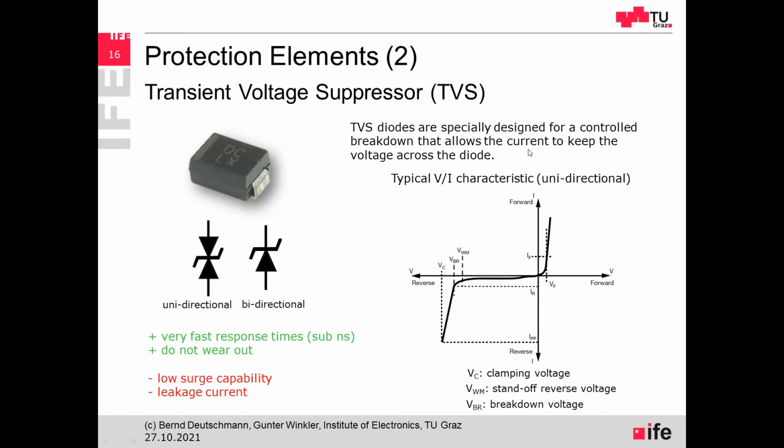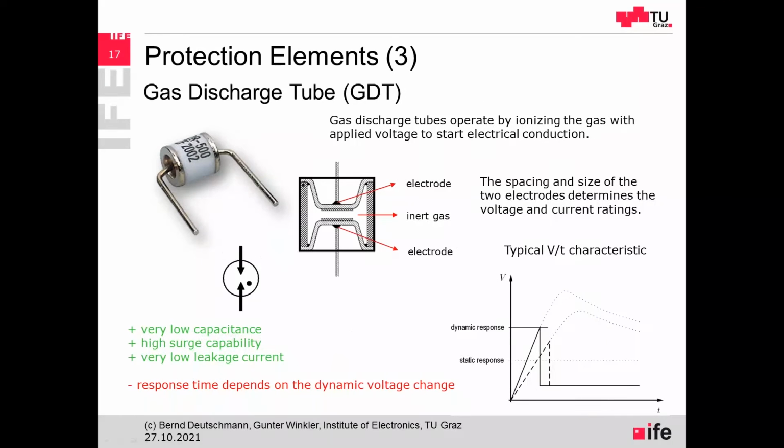But they are very often used to protect electronic systems or integrated circuits. So the next one that I've already mentioned is the gas discharge tube. Usually there are two electrodes separated, and in between there is a vacuumed inert gas, and if the voltage between the two electrodes rises to a certain level, then there is a discharge within the inert gas, and the current can be discharged directly between the two contacts.